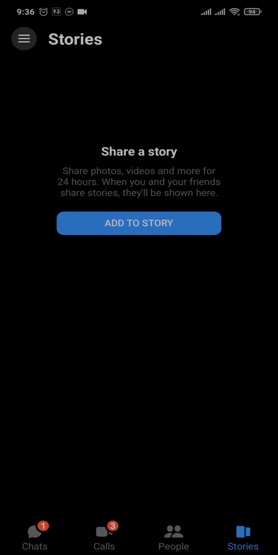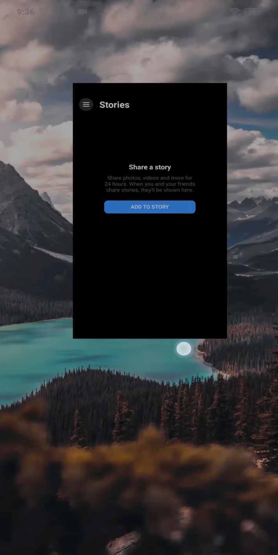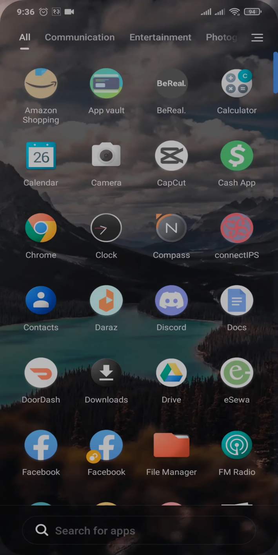Now in the case of stories, Messenger or Facebook allows its users to upload 30 seconds of video. So you can easily post videos that are longer than 20 seconds, but the video limit is 30 seconds on a single tab of a story on Messenger. However, if it is longer than 30 seconds, then you need to split those videos into several parts, which is 30 seconds long. So you can use any video editor on your phone, such as CapCut,